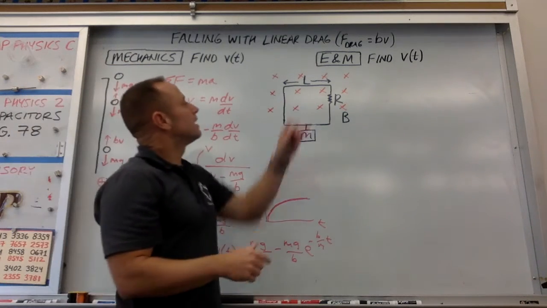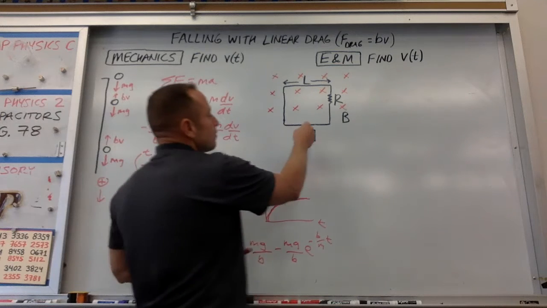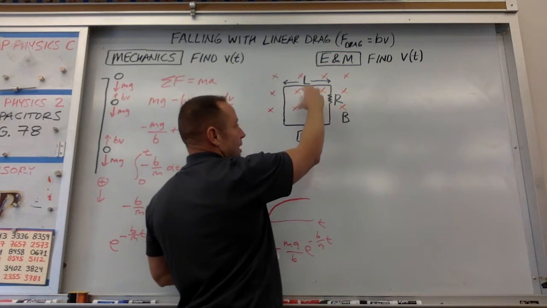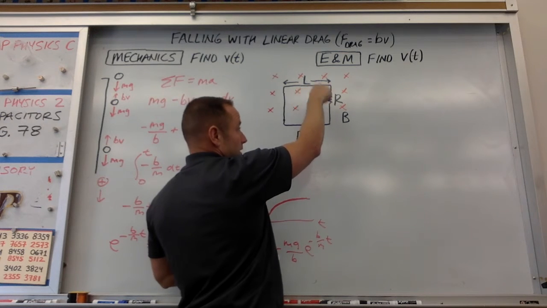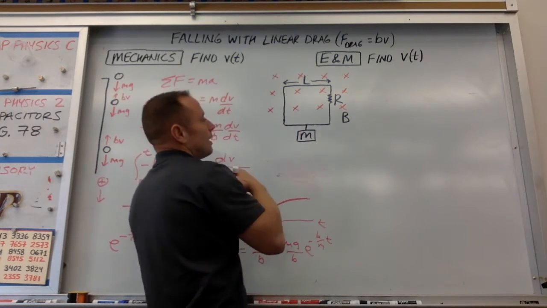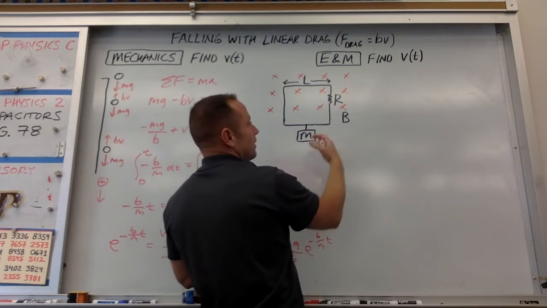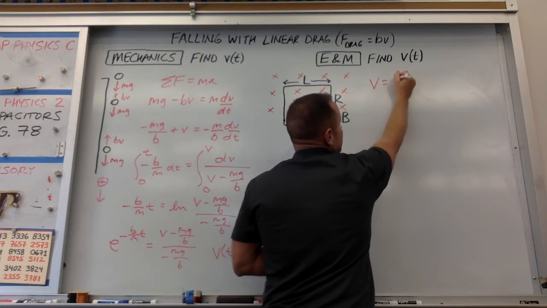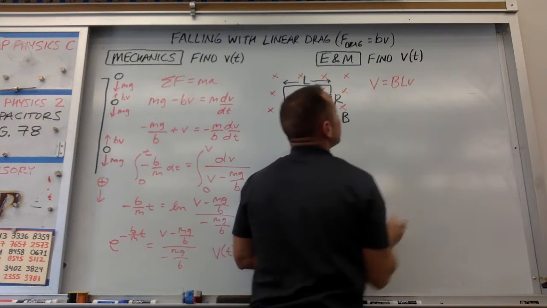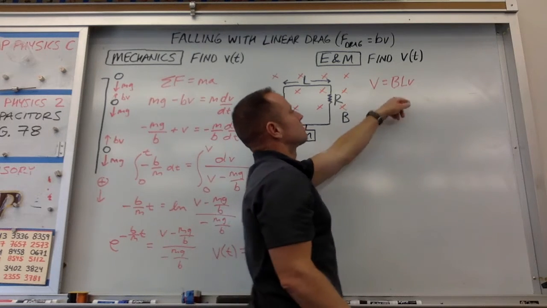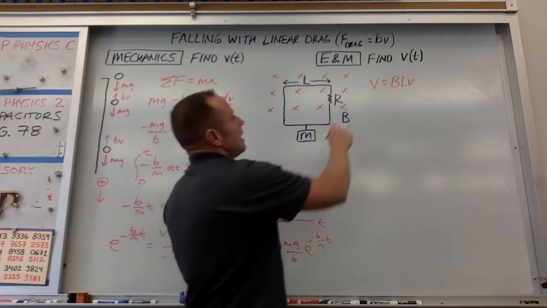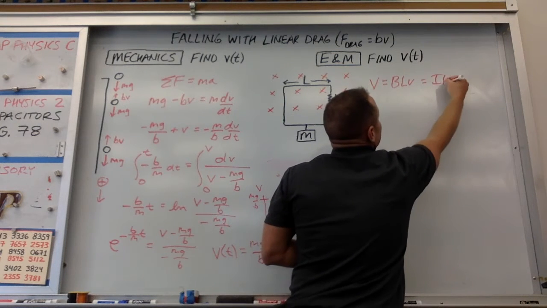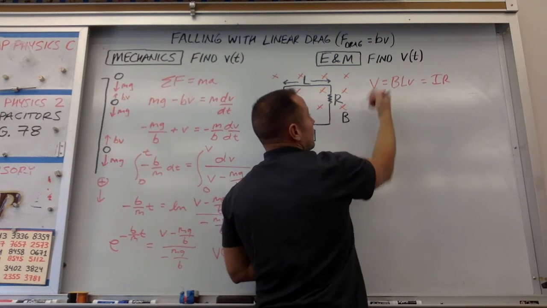If we go over onto the electricity and magnetism side, when we start to drop this, it's going to fall, but that's going to change the amount of flux through this loop, and current's going to start to go. As this thing falls, we've seen previously that the induced EMF, or the voltage that's induced, is going to be BLV. That just comes from the change in flux with time equals the voltage. And then we can say V equals IR,